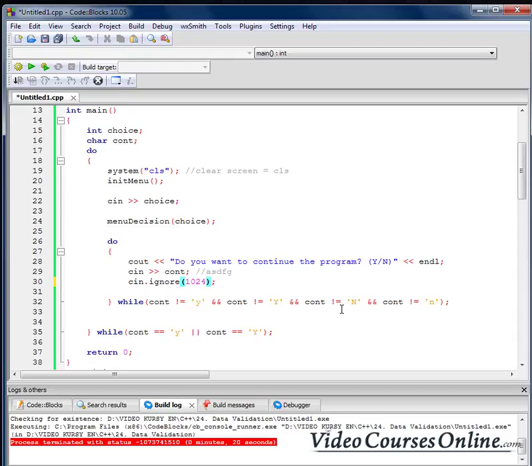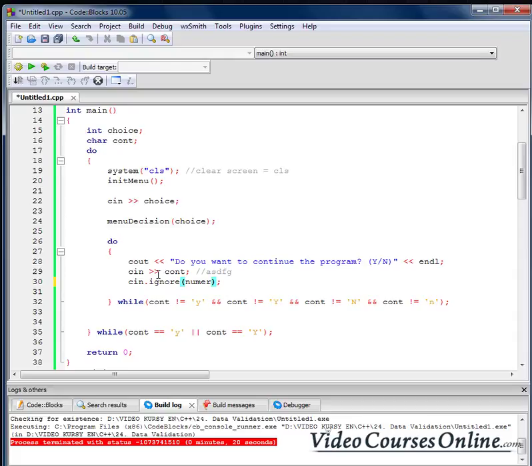Probably nobody would type more characters than that, but sometimes we might take the data not from our user from the keyboard, but from, for example, a file. Then we should ignore more characters, all possible ones, and then we can use something called numeric